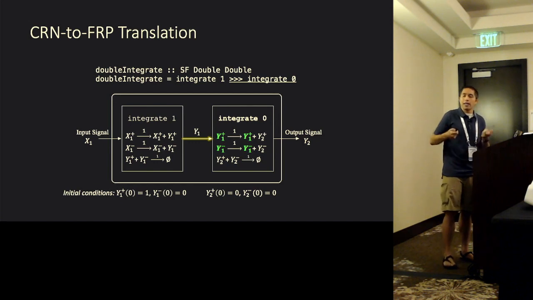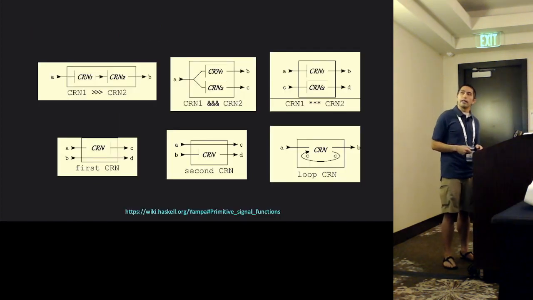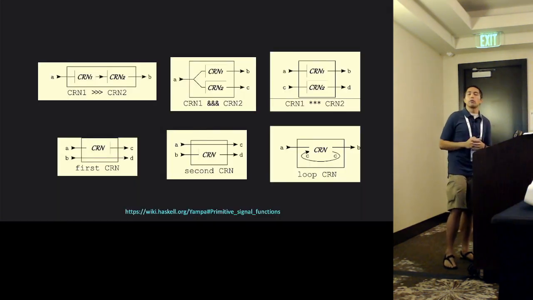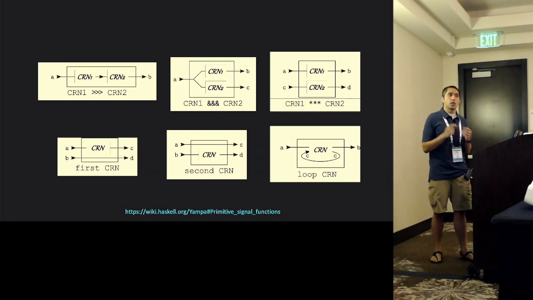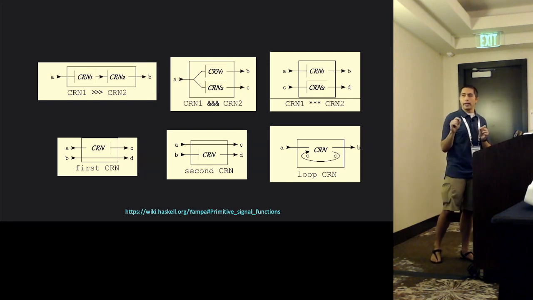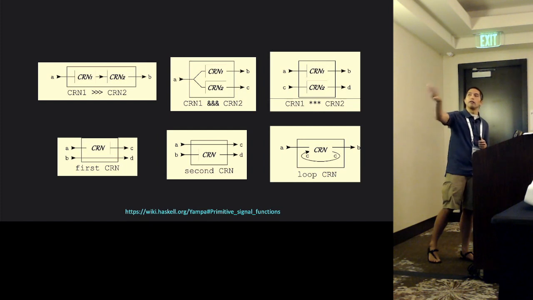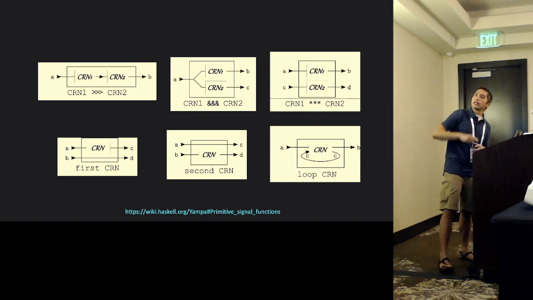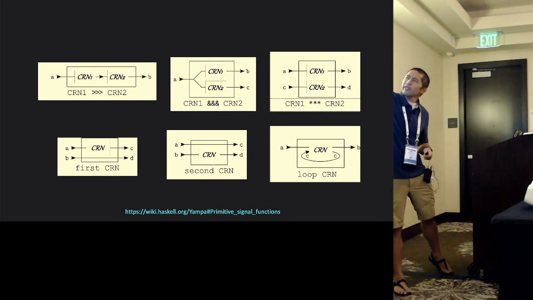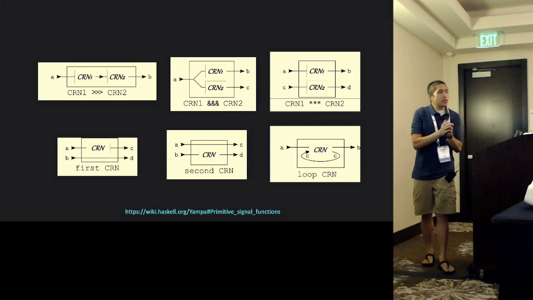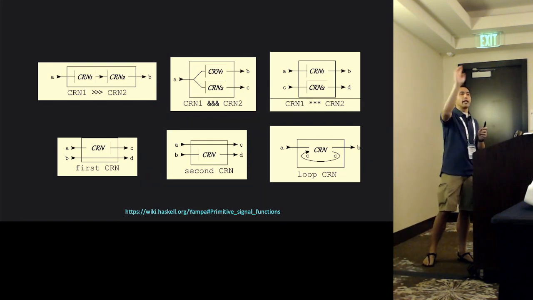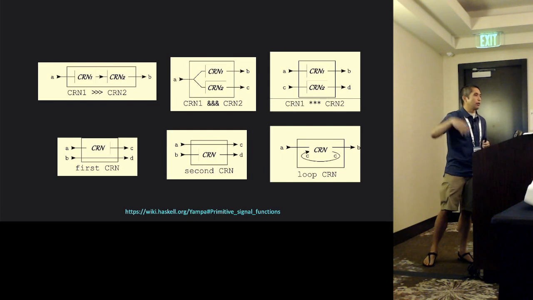All right? And that was kind of the main thing here: that idea, when we work with input-output CRNs, just works across the entire board for the entire suite of combinators in Yampa. And so we have a direct translation for all of these sorts of combinators. So we just saw forward application, things like, for example, split. I think that's split. We can just duplicate the signal. That would be like A goes to A plus B or something like that, so that you create 2 copies